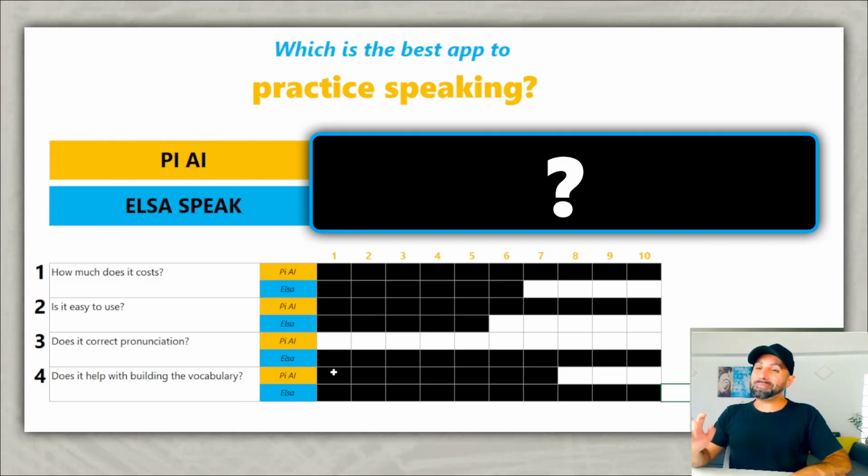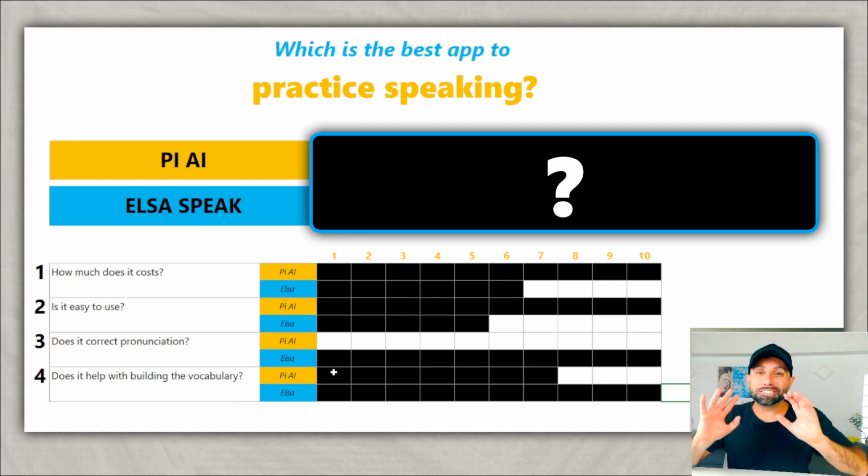Pi is great because it gives you the possibility of listening to new words, expressions, and idioms even in context. So if you're able to pick them up, then you can use them in other phrases. But the process is not guided, meaning if you don't pick that particular expression, Pi is not making any effort to help you out. On the other hand, Elsa Speak does a great job with that, because by repeating whatever the app is suggesting you, you're already acquiring the new words because you listen, you repeat back those words and phrases. And if you're ready, we're now about to see the clear winner of today's test.